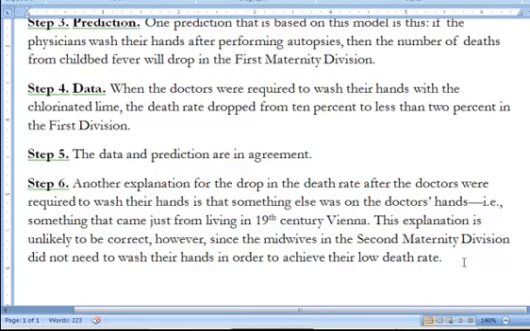So this is another good explanation. It's the best alternative explanation that comes to my mind, but Semmelweis' explanation, his model, seems to be the best explanation for the data. So consequently, we can finish up step 6 with